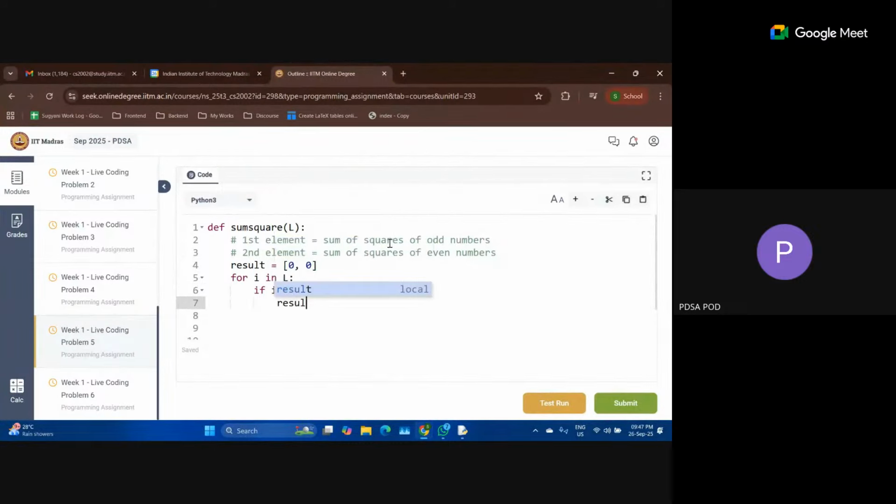So for every element I in L, I will check if I is odd. If I is odd, then result of 0 will be equal to result of 0 plus 1.